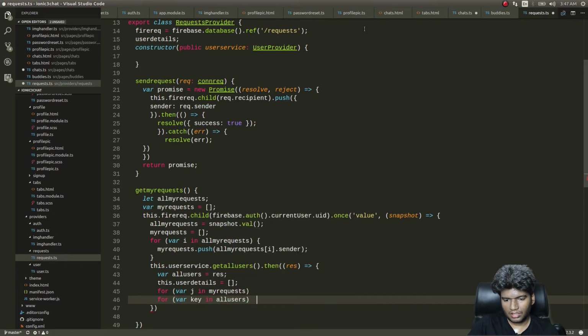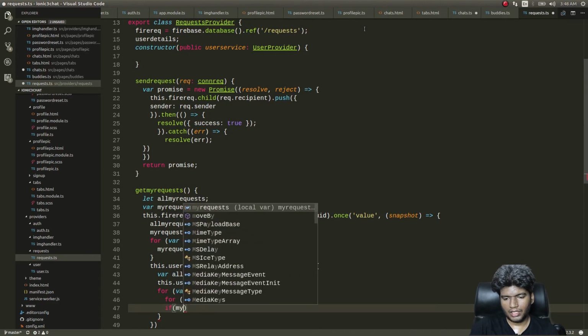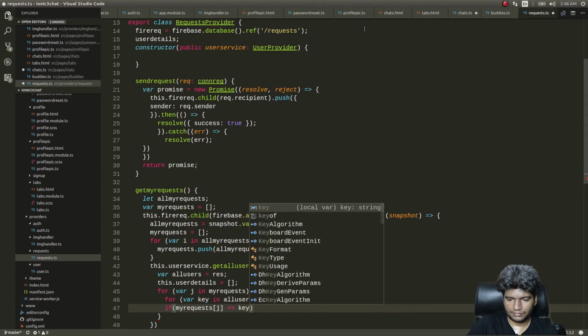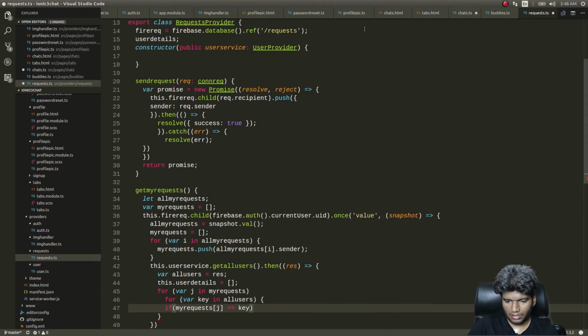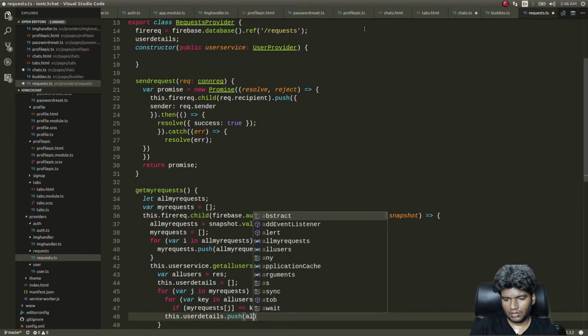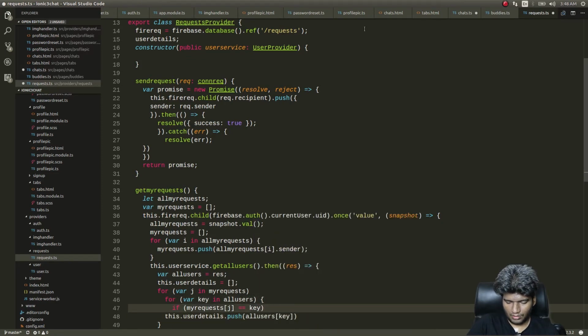Okay, for where key in all users, and if my requests of j equals all users, not all users, key. Okay, then this dot user details dot push all users of key. Okay,